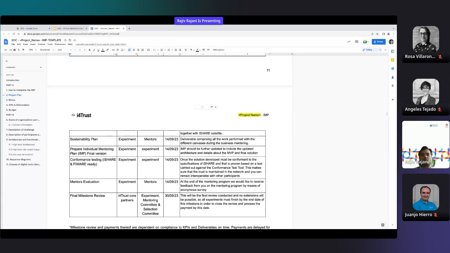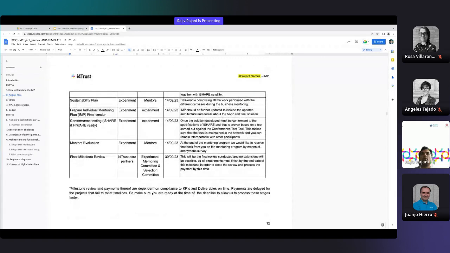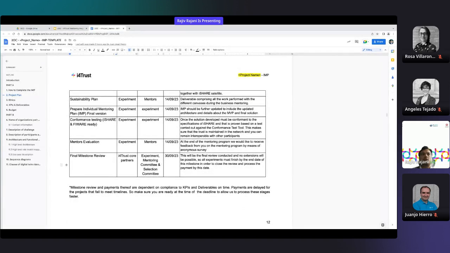So everything that needs to be finished by now should be finished in this milestone. Here you see a difference in terms of milestone review: there are no two rounds, there is only one single round at the end. So please make sure that you finish on time, because I4Trust as a program is also finishing on 30th of September next year. So there is no possibility of extension of this deadline.